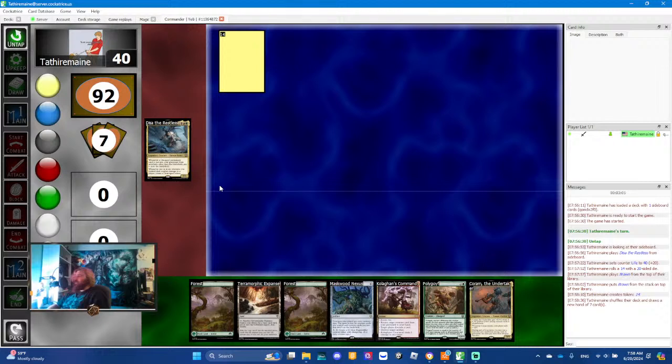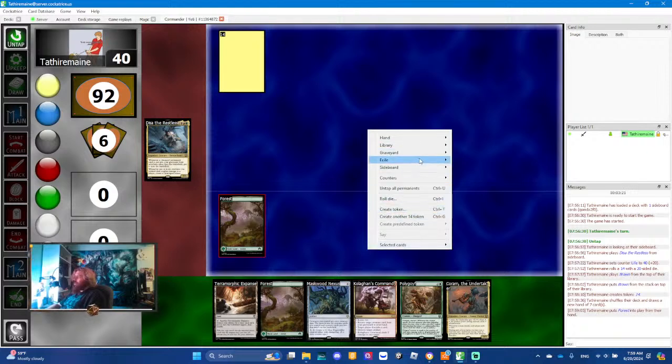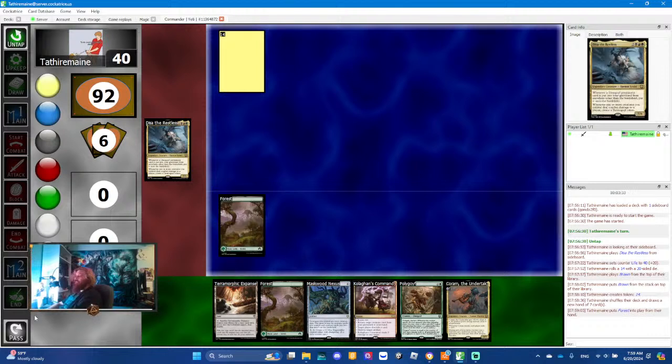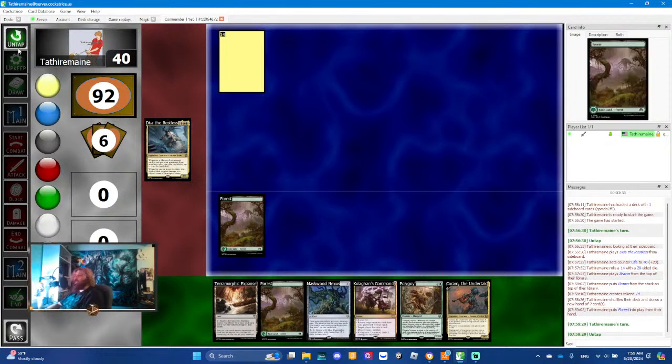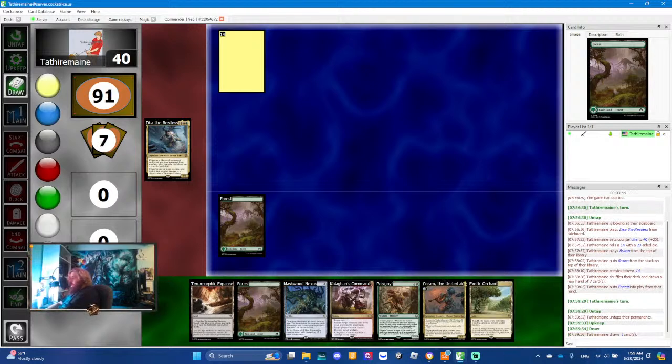But from here, once everyone's ready, you'll all take turns. You can click and drag your cards out. You play a forest. Check to see if you can play anything else. If you can't, how do you pass turn? It's been a minute since I've been on here, but there's a hotkey. Oh, you hit the pass button down here, and then of course it would go to the next person. They would untap, upkeep, draw. You can hit Control D and draw your card,